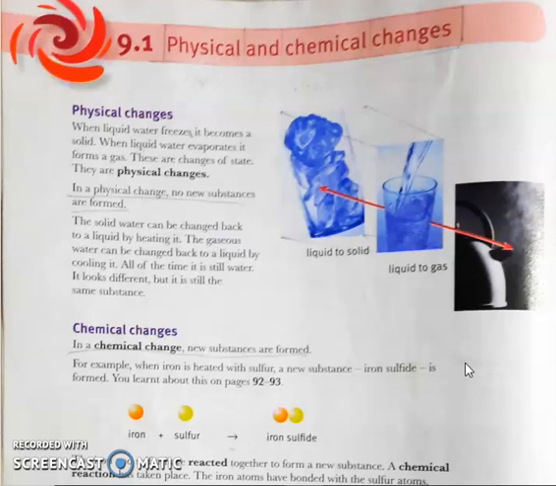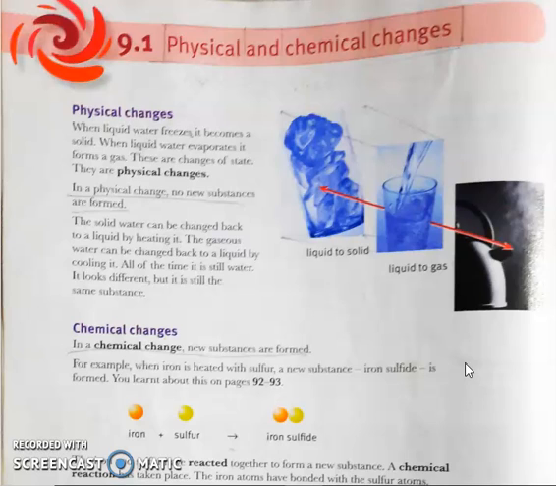There is no new substance formed or no change in its chemical formula. It's just a change from one state of matter to another state of matter, and it's a temporary change.